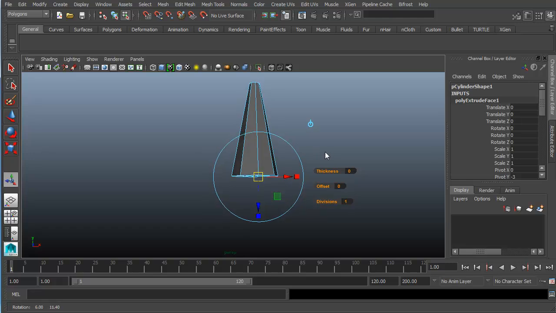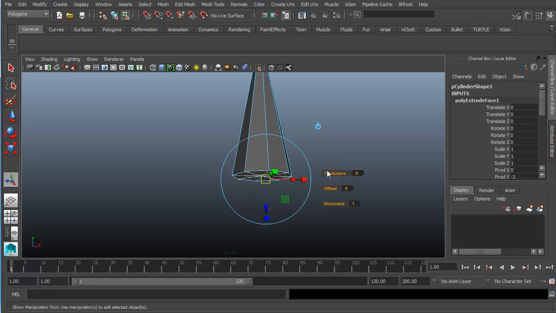Okay, now this gives me my Extrude tool, and I'm going to give it some thickness. I'm going to hold Control, and actually I won't hold Control at first, but let's just middle click on the word thickness. Okay, and then I'll scroll left to right. You can see that it's pulling that down. I'm getting a pretty good extrusion there,